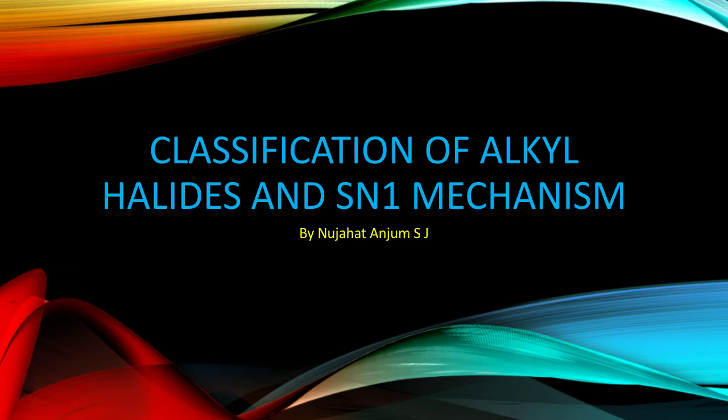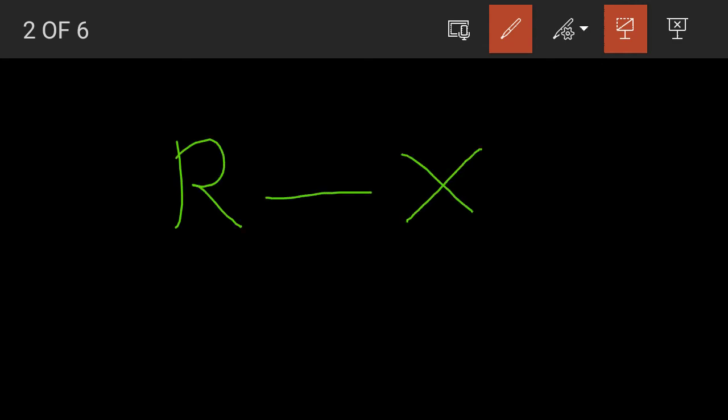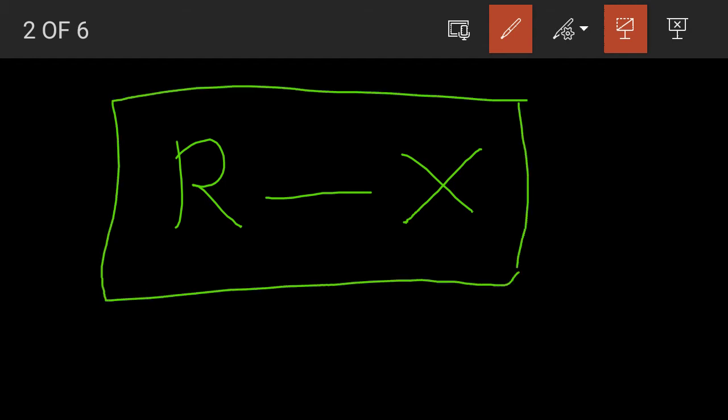In this class, we will discuss the classification of alkyl halides and the SN1 mechanism. Classification of alkyl halides. Before the classification of alkyl halides, we will discuss what an alkyl halide is. We already discussed it in our previous class. It is an alkyl group that reacts with any halogen atom and forms an alkyl and halogen bond. Then this compound is called an alkyl halide,